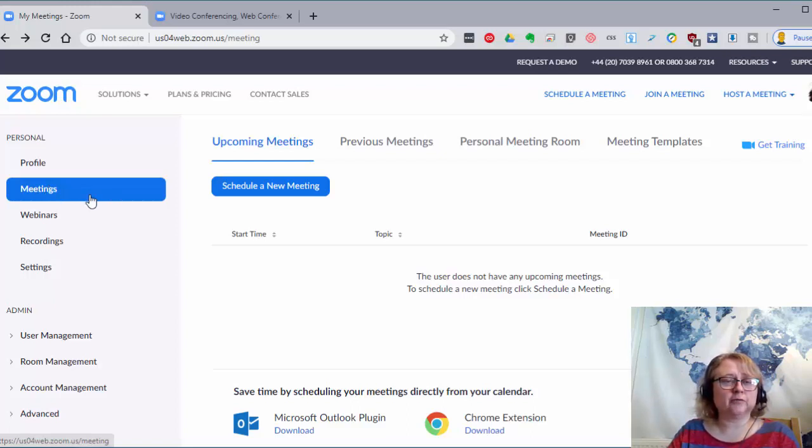Now we've got a free account here. You can get more features if you get a paid account, but just start with the free one. That will be perfectly okay for now. Ordinarily you're going to get up to 40 minutes on the free account. At the minute this is being recorded at a time of the coronavirus worldwide situation, so they are in some cases giving longer meetings than 40 minutes on the free plan, so you may get lucky, you may get longer